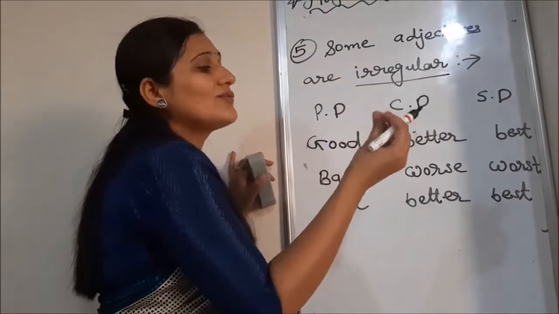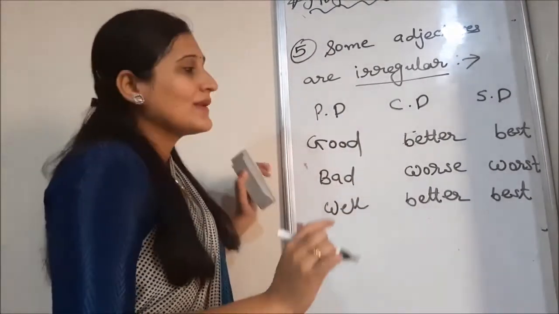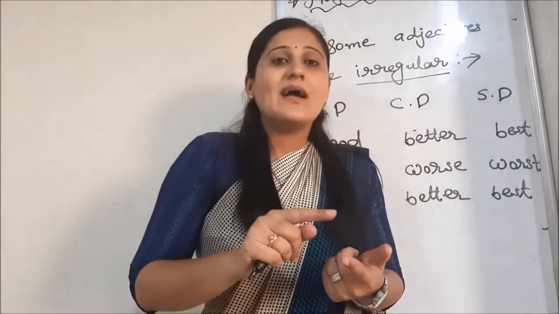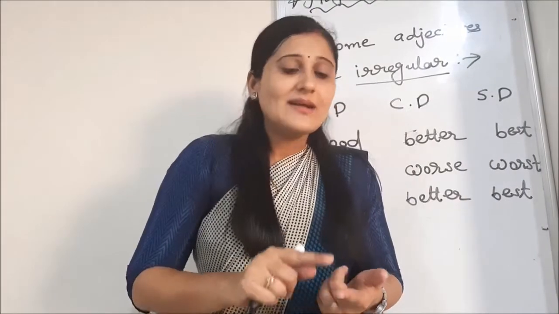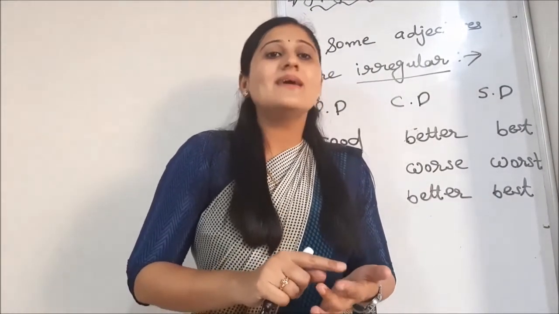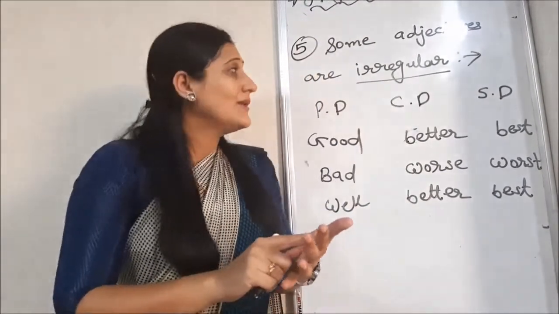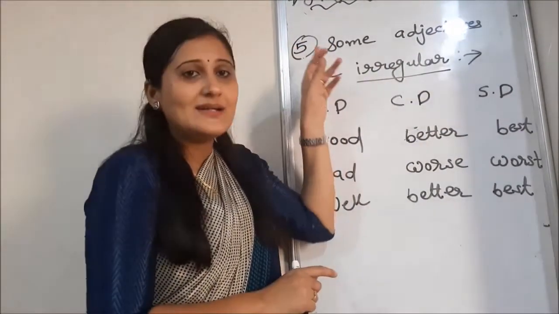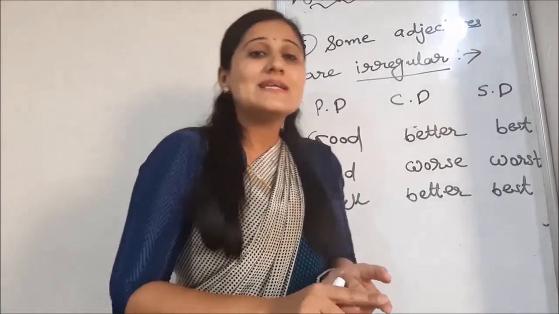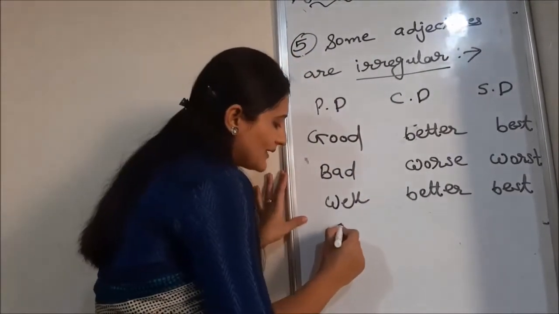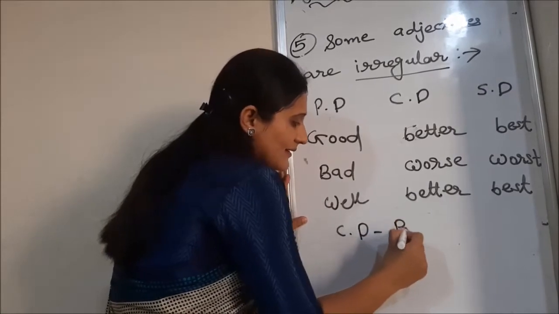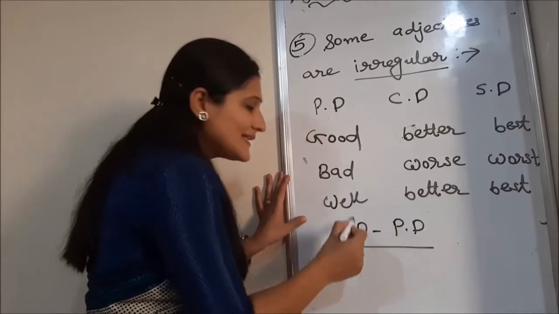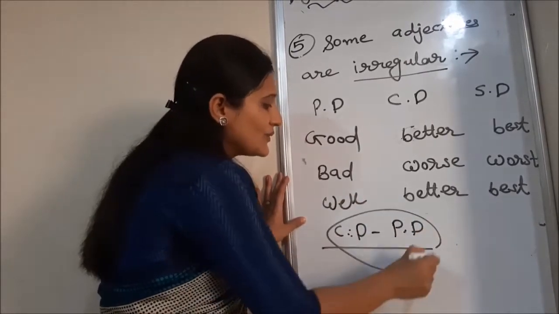So these are the 5 rules of adjective. Up to now, what have I discussed? I have discussed how to recognize positive degree, comparative degree, superlative degree, and the 5 adjective rules, right? In the next video I will discuss how to turn from one degree to another. First I will take how to turn from PD to CD and CD to PD.